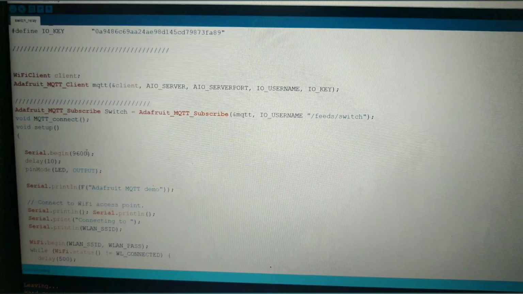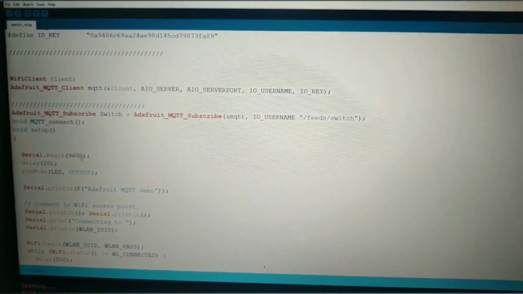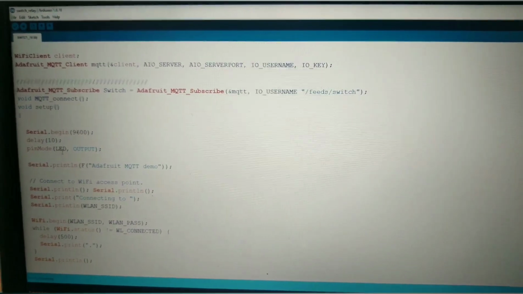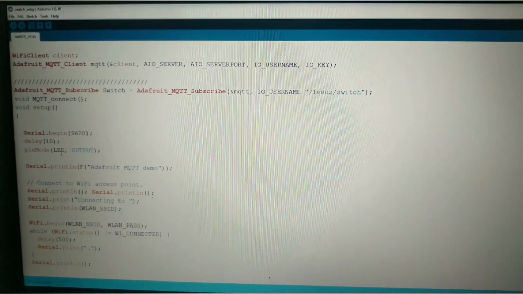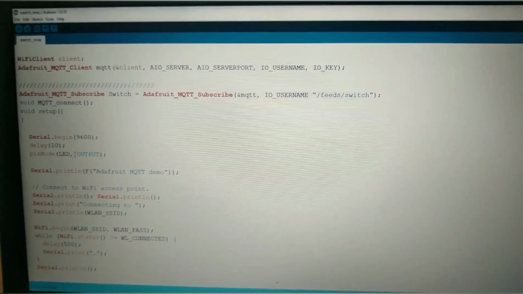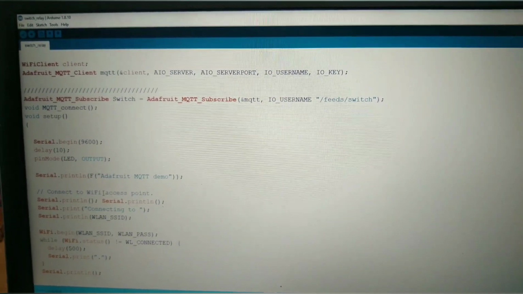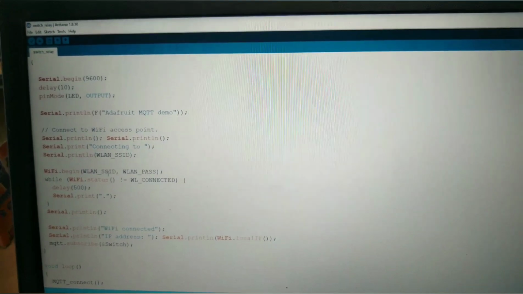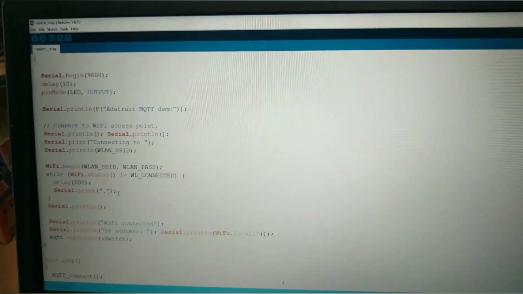We have defined the serial baud rate of 9600. You can see the pin mode LED, that is GPIO 5. We have defined it as an output pin. We have mentioned it here, and later on we have defined the Wi-Fi access point.